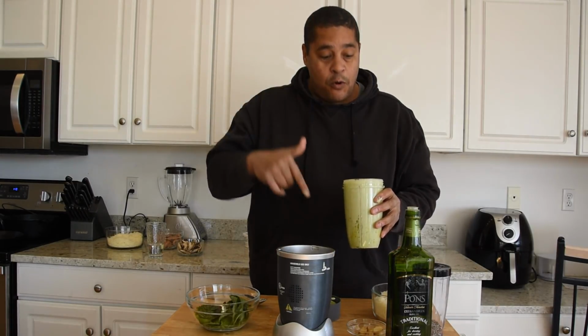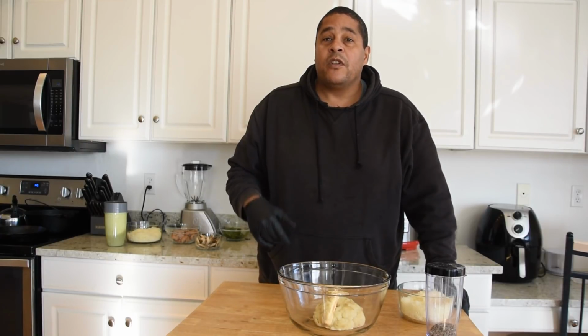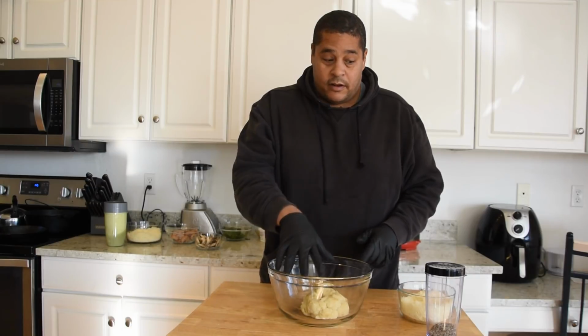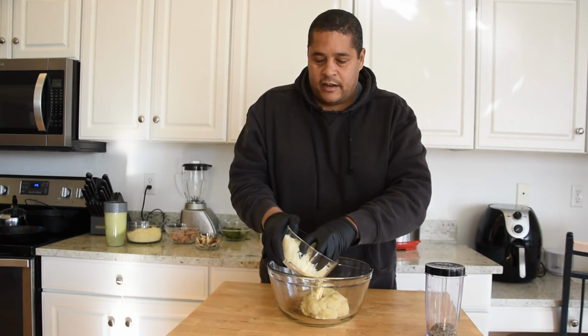Tastes good to me, so we're going to roll with this. As soon as that cauliflower is cooled off, we're going to get working on that. Now that our cauliflower is cooled down, we're going to start making what's going to become our crust. So I have our head of cauliflower in a bowl, and we're going to take